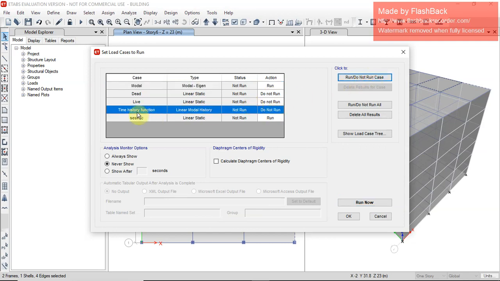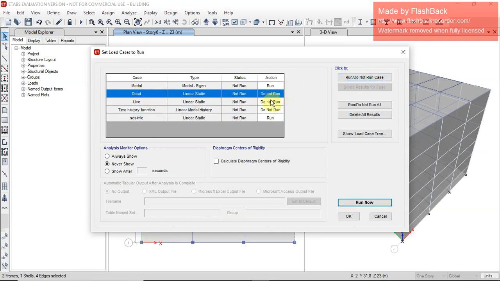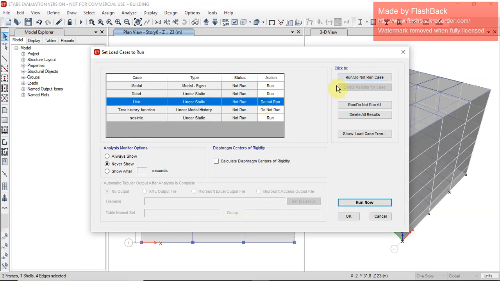We are using only seismic, live and dead. We are designing a simple building, so we are using dead, live and seismic, run position only. There is no need for time history function for the simple design, and run now.